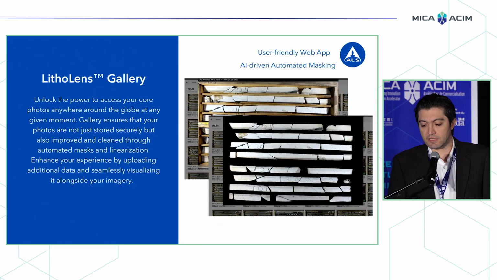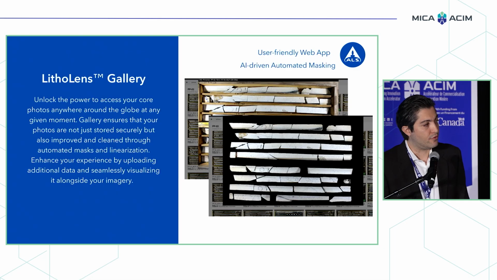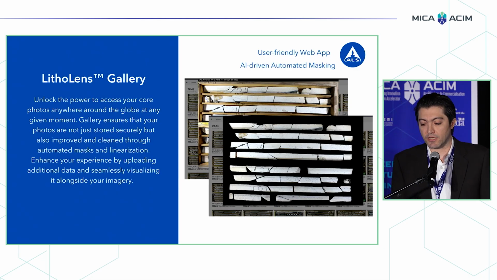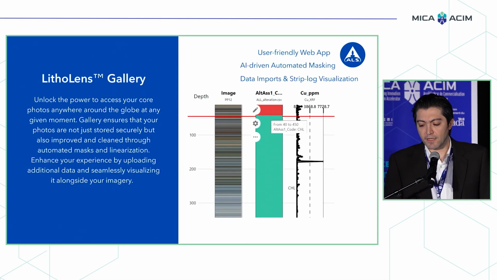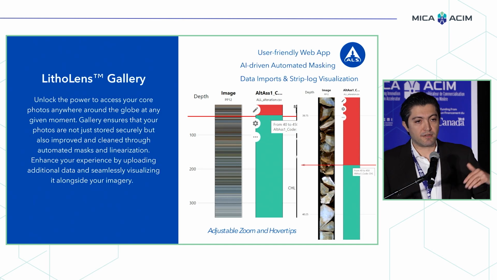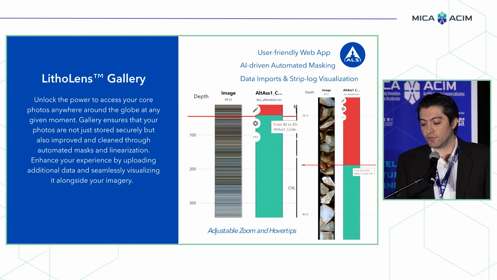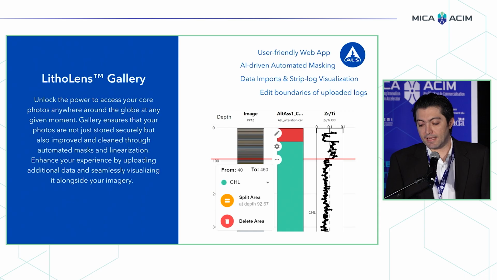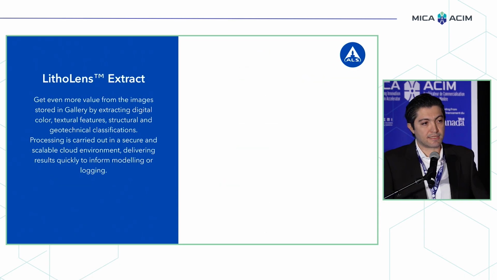You can visualize your result. You can clean up your core photos with the algorithm that we have and linearize your core photos. Bring in geochemistry data side by side and actually log online if you want, rather than using an Excel sheet. So you can use our system and get ready for the second tier that we offer, LithoLens Extract,